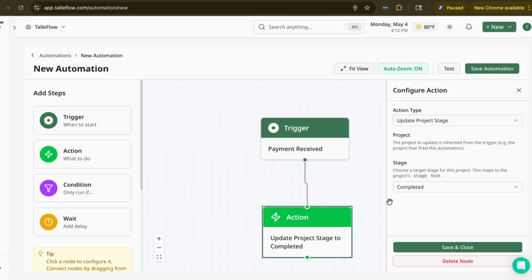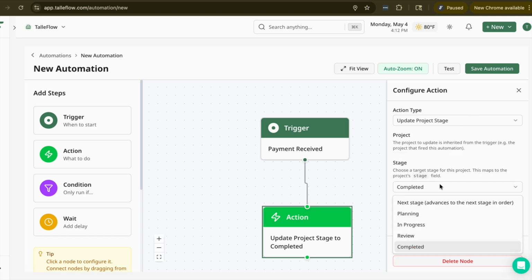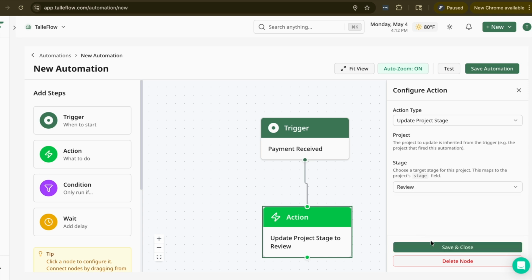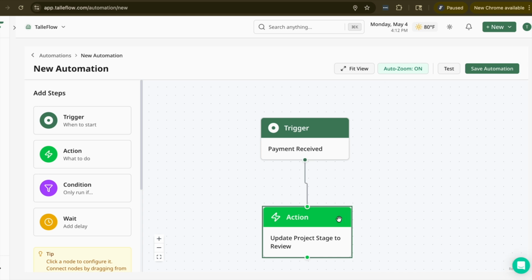The other thing I could possibly do is, for example, if I want to instead make the payment received trigger move the project stage into something like review. And by the way, all these project stages are fully customizable. But these are just sort of the default ones that exist. So I can name these whatever I want, and I can create whatever order I want. So maybe I have a custom stage called payment received, and maybe what I would want to do after that is